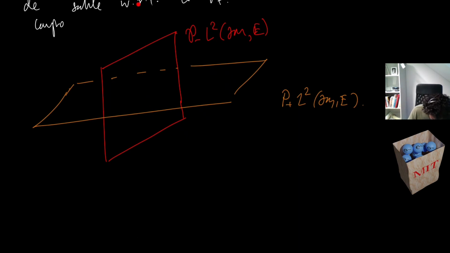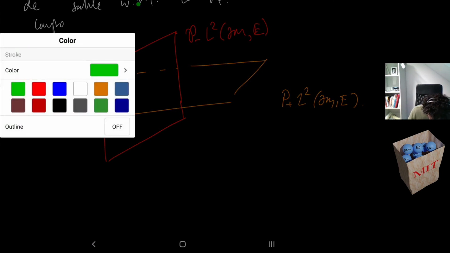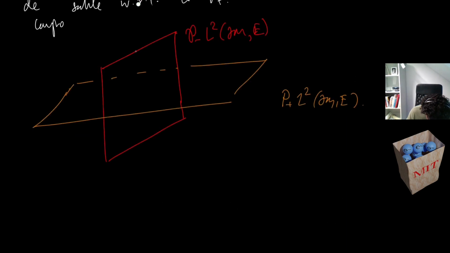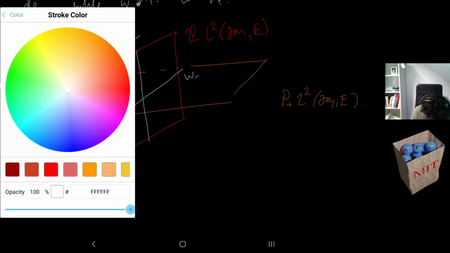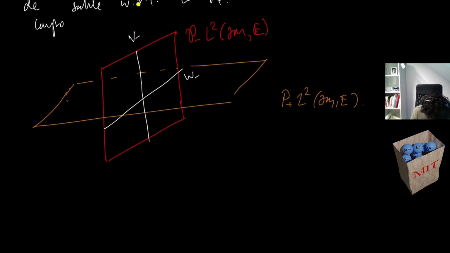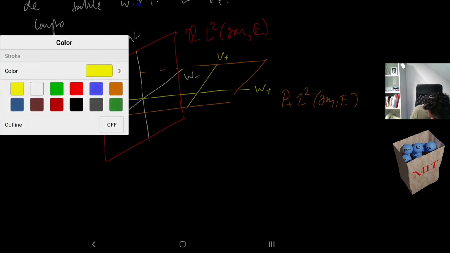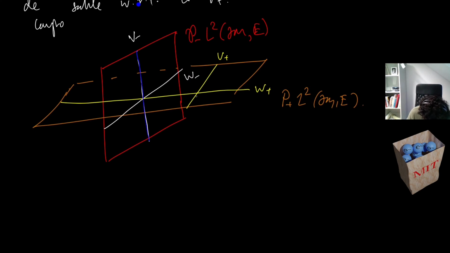So maybe let me further decompose this. Green's probably not a good color for this. Maybe I'll just draw it in white. So let me further decompose this plane and call this V minus, and this is W minus, right? So similarly, I would have a decomposition, say, of this plane here into V plus and W plus. And what it's saying is that now I have a map that takes me from the V minus to the V plus, right? So this is the map G,